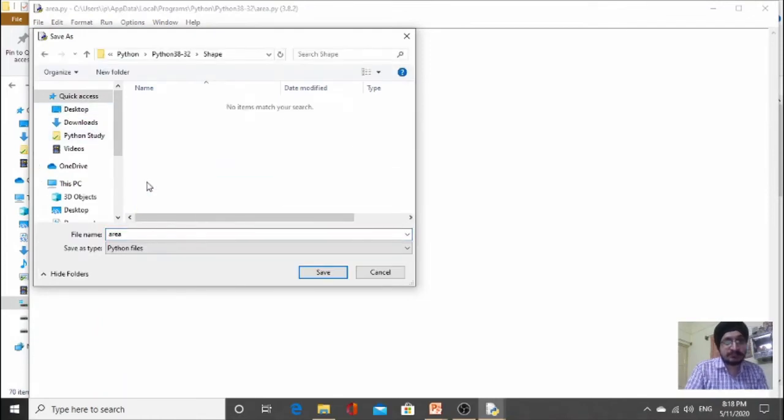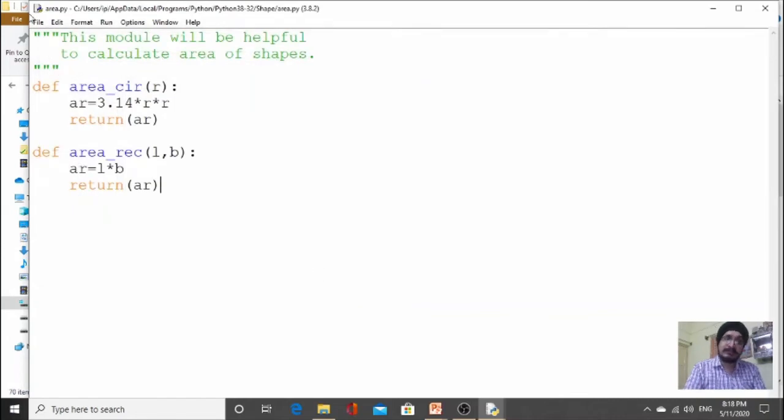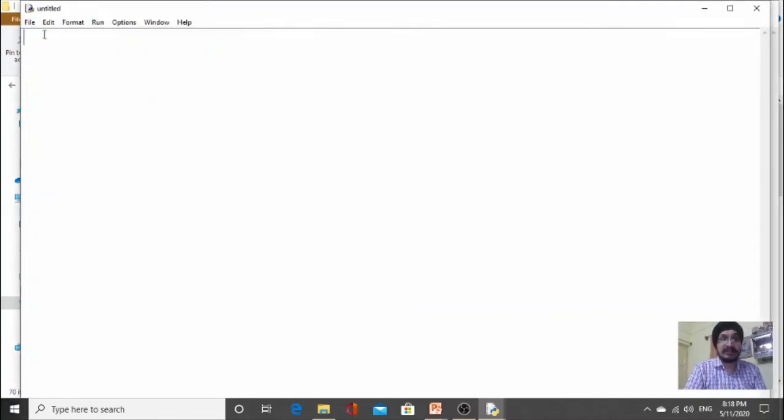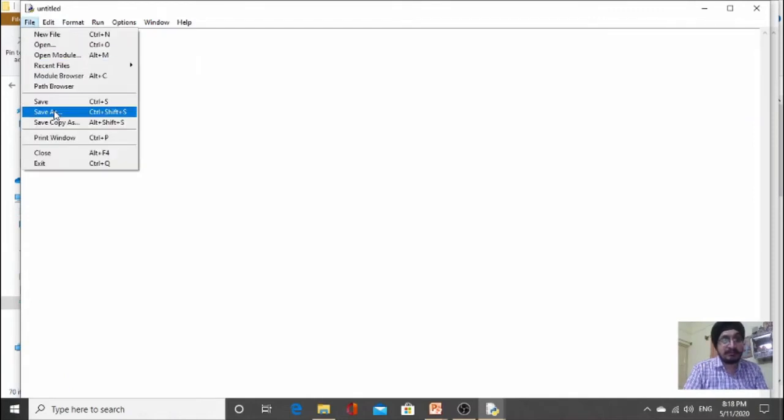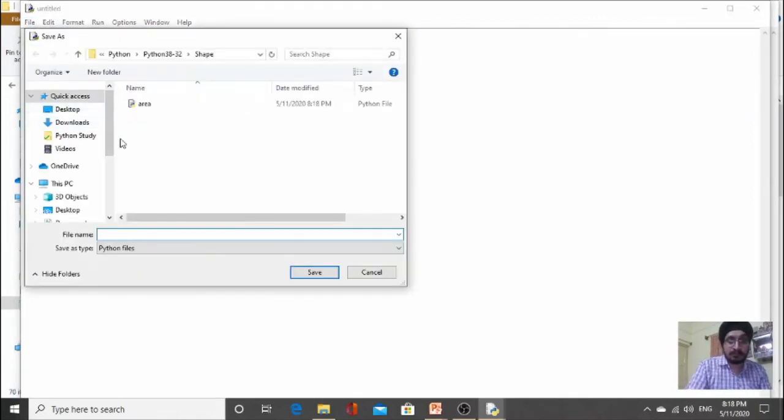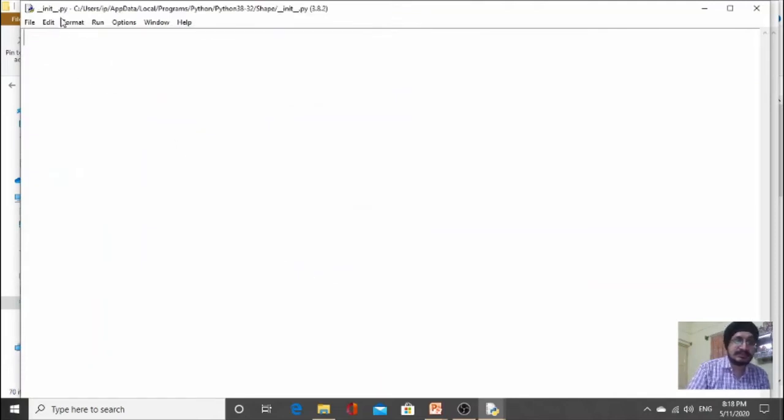Then I am making an empty file with the name double underscore init double underscore, and as you know, Python will give this extension .py. So you have created a package.